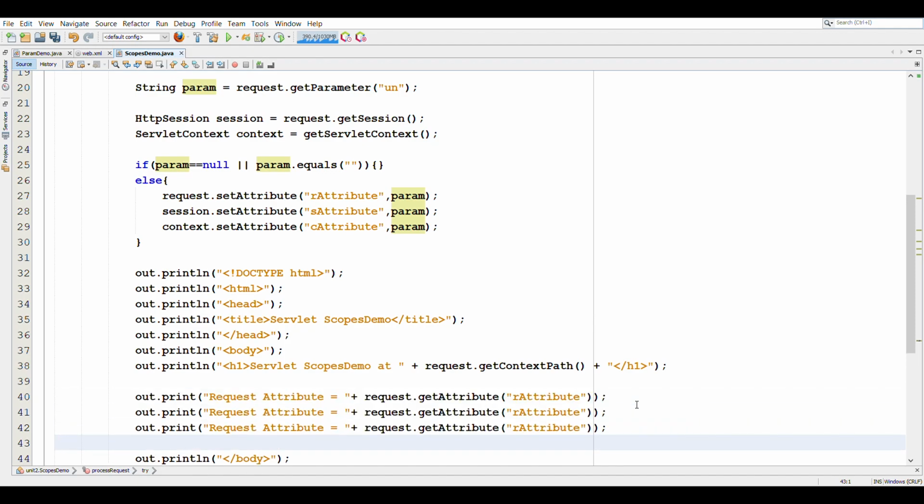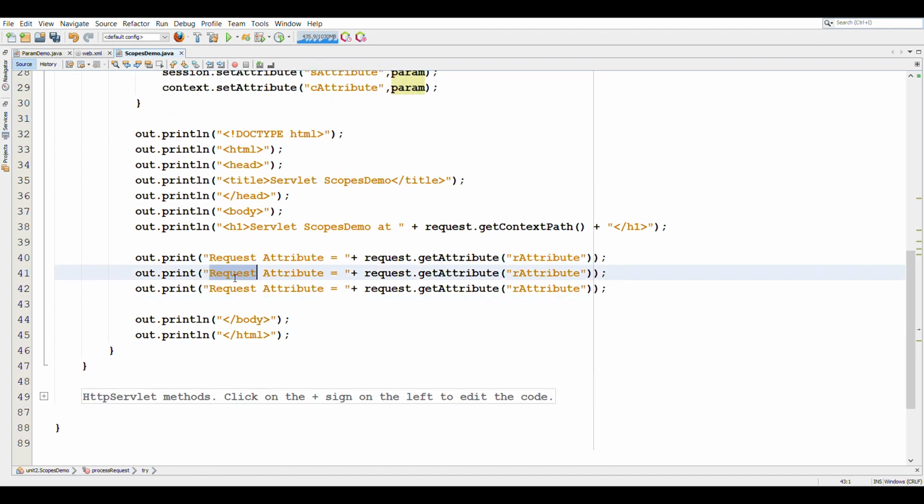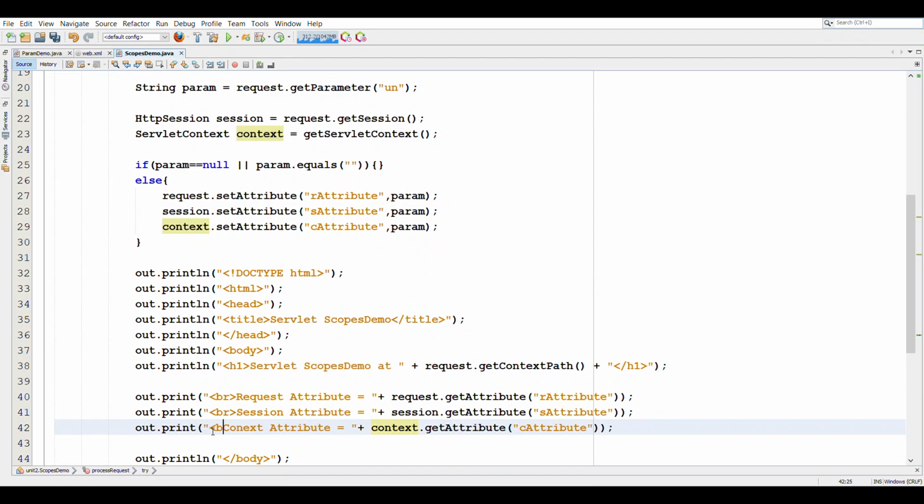Similarly, we will do the same for the context attribute and the session attribute, which are sAttribute and cAttribute. We will also add the BR tag so that the output will appear on a new line.